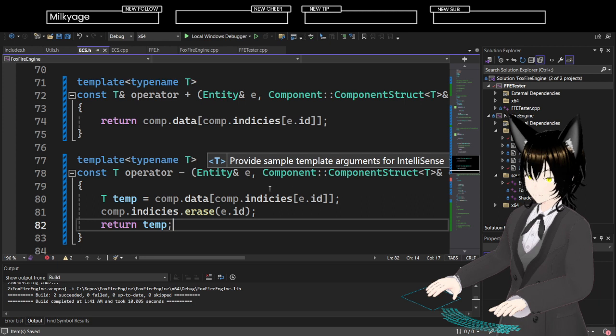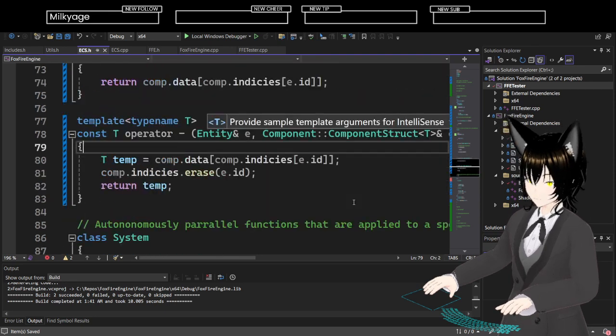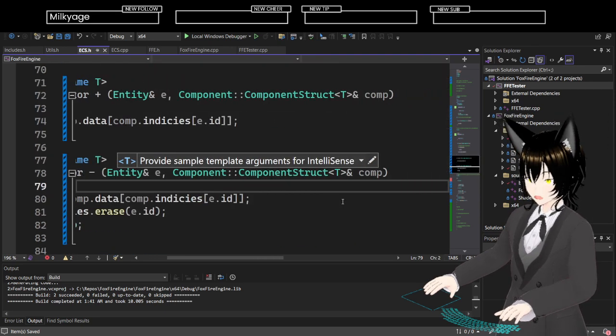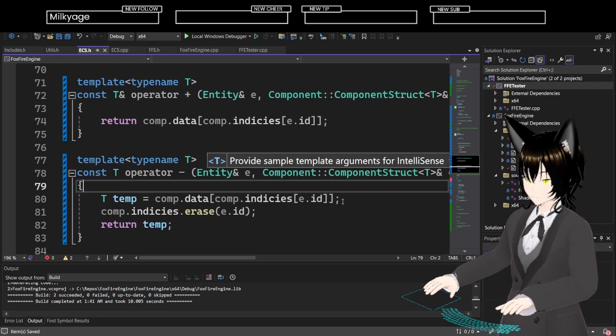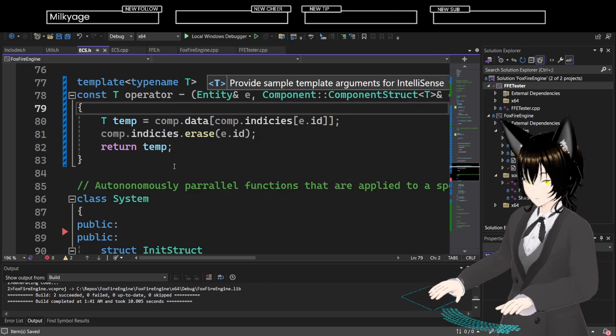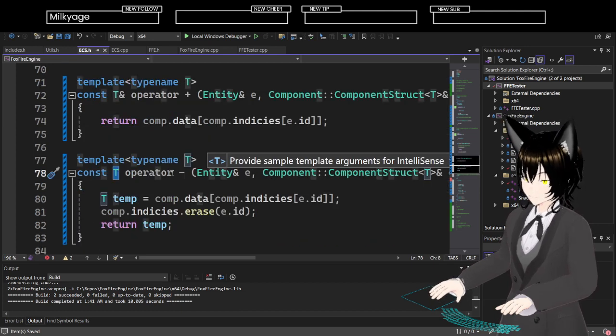Whenever you destroy a particular component, it returns what that used to be. I'm okay with that. It's very nice to be able to do things after you destroy something.